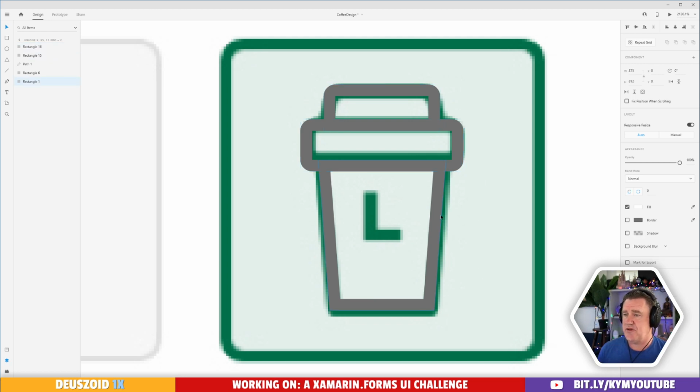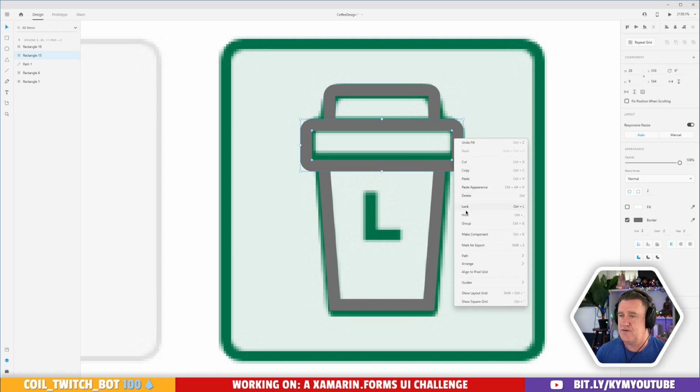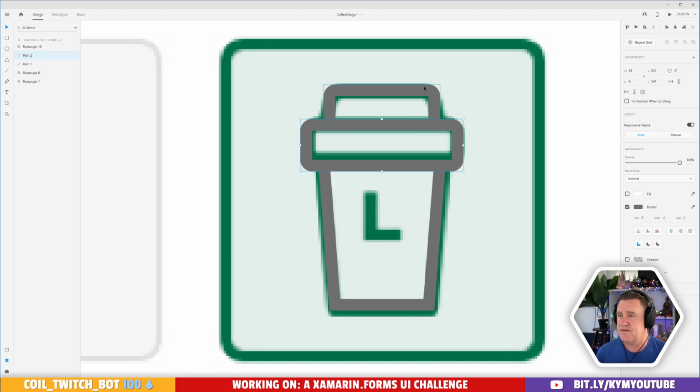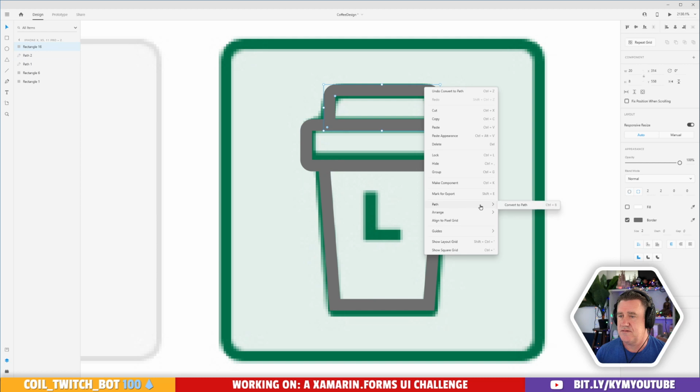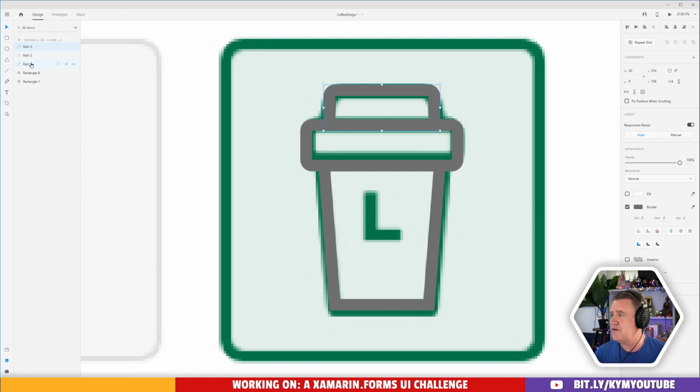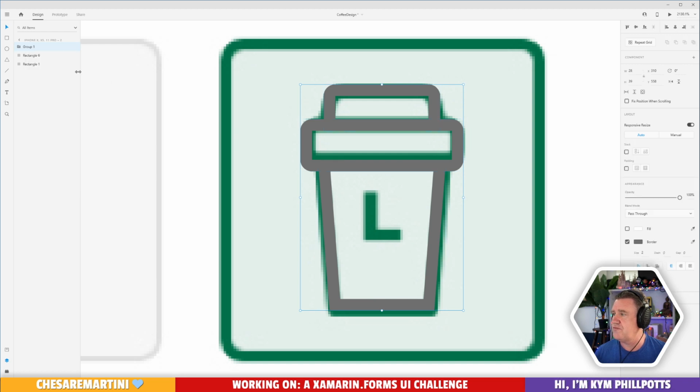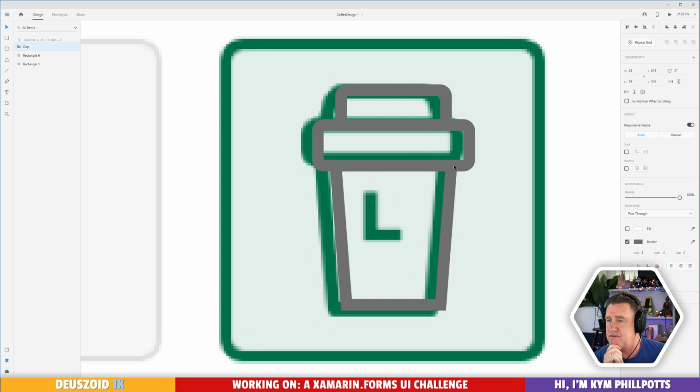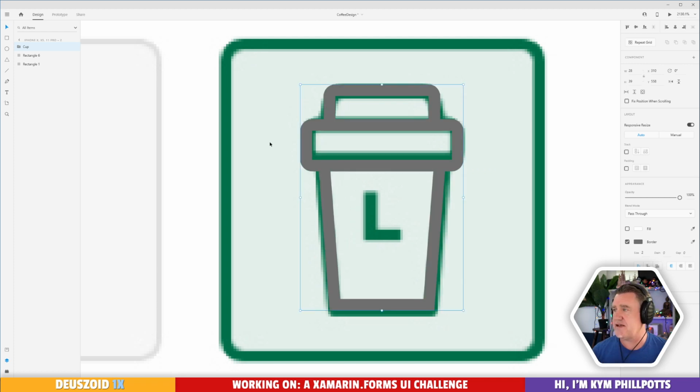Now what we want to do with these as well is make sure these are all paths. So we'll convert these all to paths. And then we'll grab those 3 paths and group them together and call it cup. All right. So we should now be able to export that, or at least have a look at the path for it.